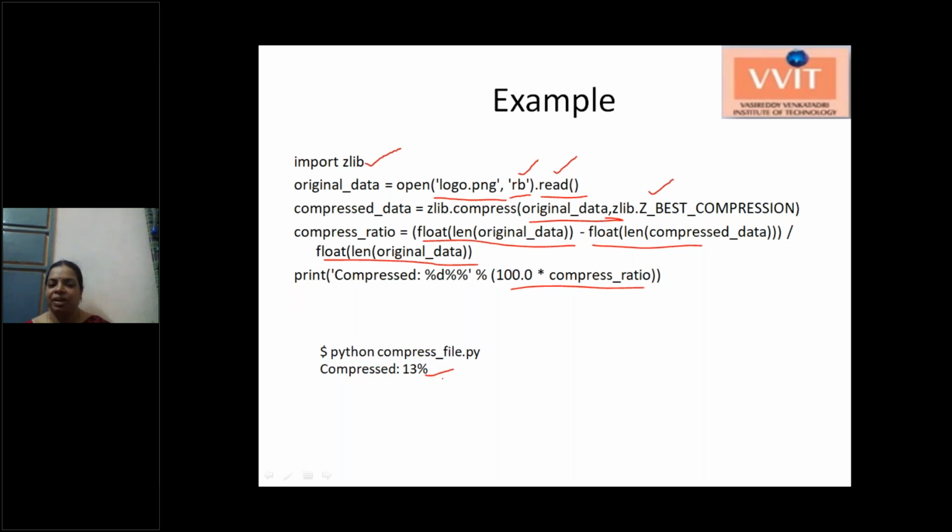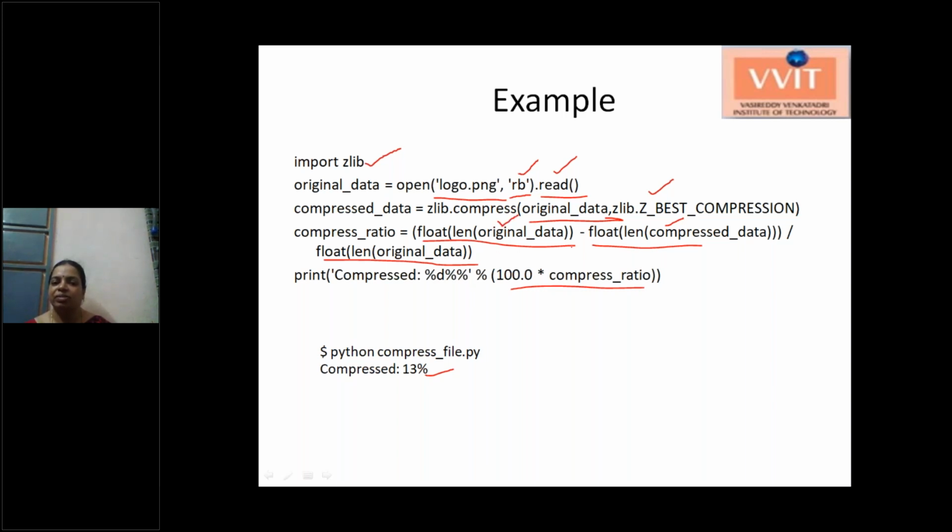Compressed is 13%. That is, out of 100% of our data, 13% of our data is compressed. Generally the original data is in string format, that is, characters, which is much larger than the hexadecimal information, so automatically you get a smaller size. The compressed data is a hexadecimal number, and our original data is in character strings.